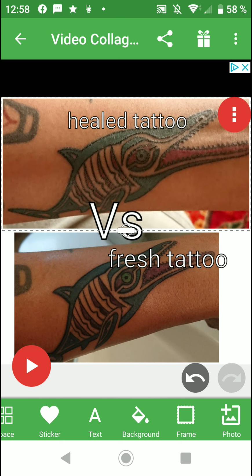And obviously also what time of the year you get a tattoo. If you have a darker skin tone, if you get a tattoo closer to the winter or autumn, or much closer to the summer, obviously the tattoo will have a different result because there is much more sunshine in the summer compared to the autumn or the winter. So my skin is going to get lighter in the winter compared to the summer. So obviously there will be a different result. So that's also an important thing to think about: when you do the tattoo,